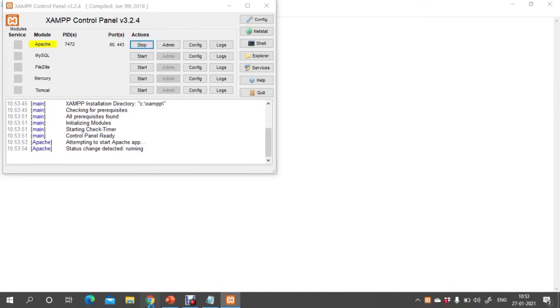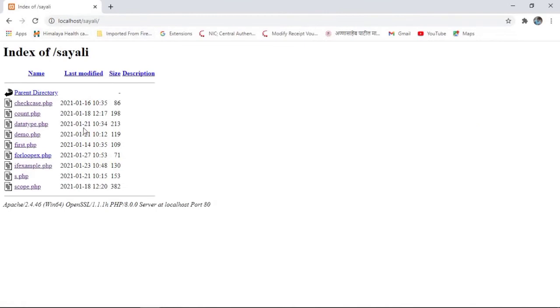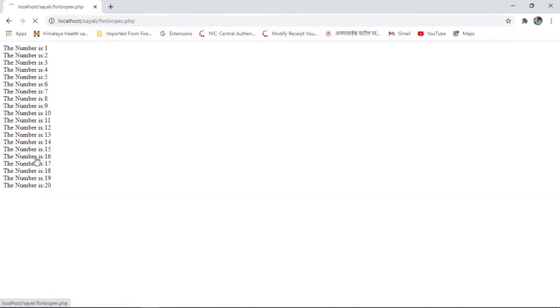Now open any browser and type there localhost. Once you type localhost, you will get a link of your project location folder. This is the file that we have created, for loop ex. So run this and see here numbers 1, 2, 3 up to 20 have been printed.